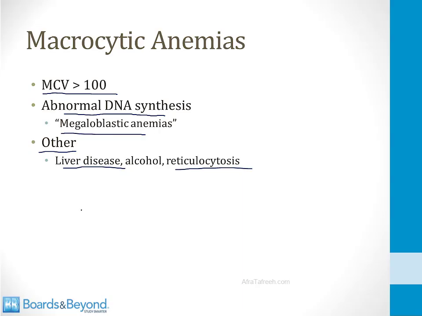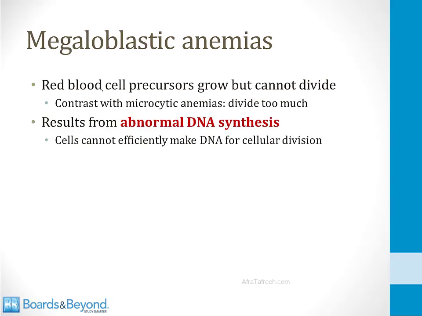We'll also talk about all of those. Megaloblastic anemias are anemias where red blood cell precursors grow but cannot divide normally. So this is like the opposite of microcytic anemias, where red blood cell precursors divide too much and make small cells. Megaloblastic anemias result from abnormal DNA synthesis. The cells cannot efficiently make DNA for cellular division, and thus they grow in size, but they do not divide